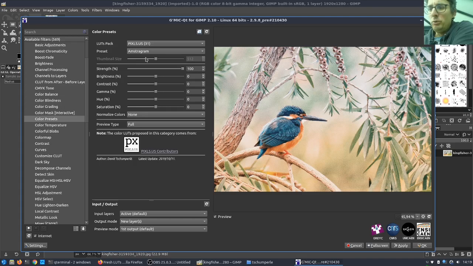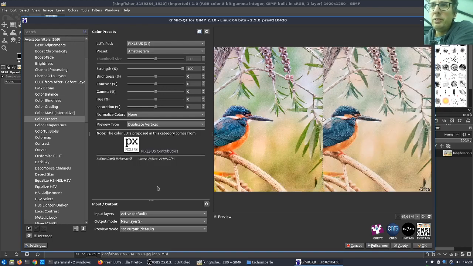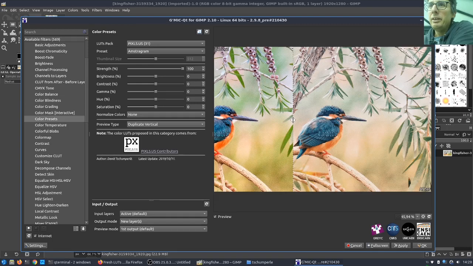For instance, let's choose the first one, Instagram, and you see the change between the original and the processed image. I will set the preview to split version so you can see the effect between the original and the processed image.